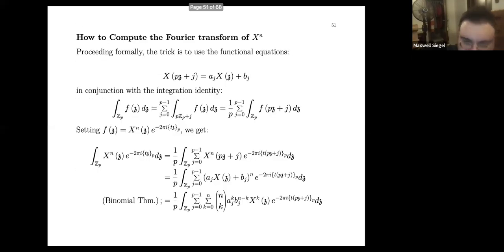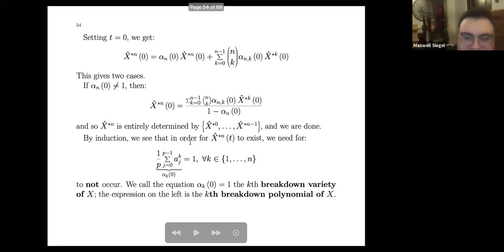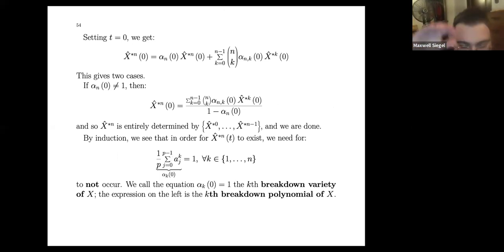So in this case, a higher order breakdown variety ends up being, again, an algebraic variety. Because all of this can be done formally, we don't need to think of these as fixed constants, but as indeterminates. And yes, this is an algebraic variety. Another cool thing is that there's this interaction. If you allow the p to change, it ends up becoming a projective variety because you can change things by comparing